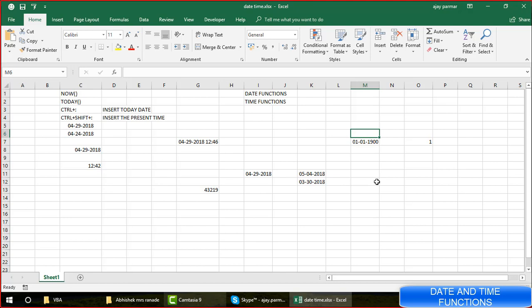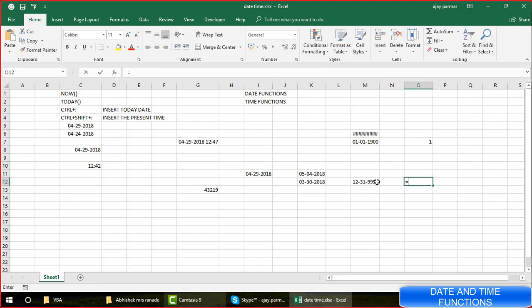For example, if I say this minus 2, because 1 will make it 0, so that's not required. So if I say minus 2, it should give me 1899, isn't it? Is it giving the year 1899? It's not giving you that. So you can't use dates which come before 1st of January 1900. And similarly, we have our 31st of December,